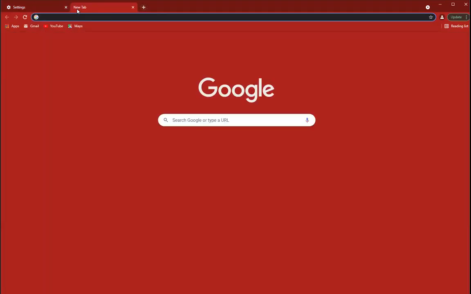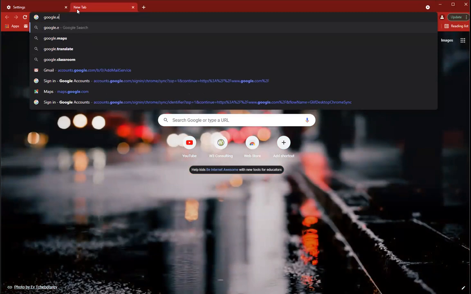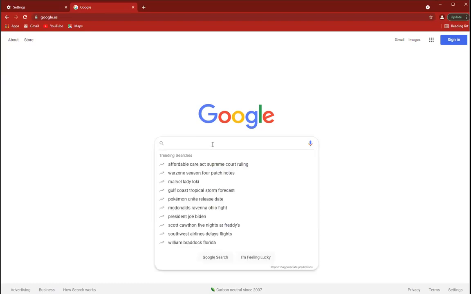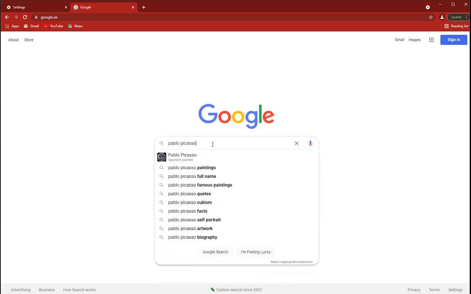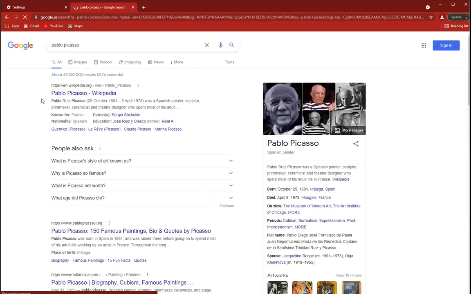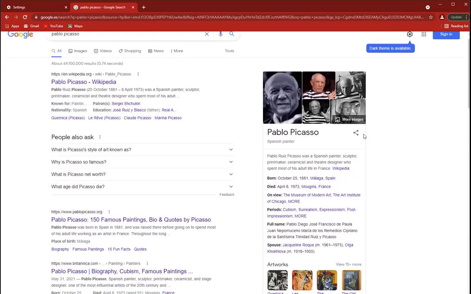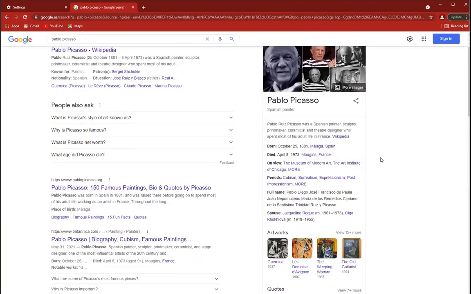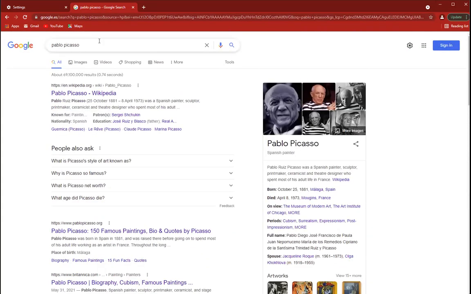So for example, say that I'm on a page like google.es, which is Google's Spanish language search, and it's of course still put everything in English for me here because it knows I'm in the United States, but let's say I put in something like Pablo Picasso, right? And this search is done in English, and what I'm going to do is try and switch this into Spanish. I'm trying to think of a place where I will undoubtedly find, oh, actually, let's just do this. Let's go to